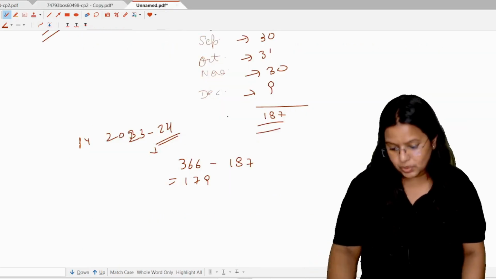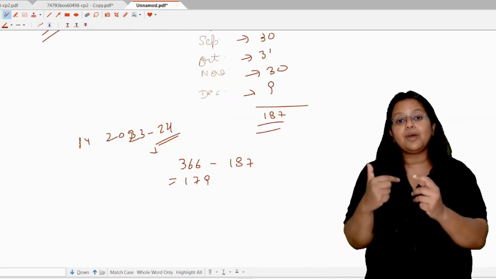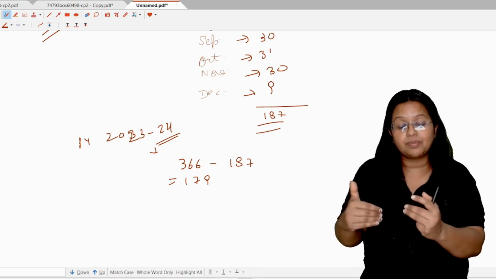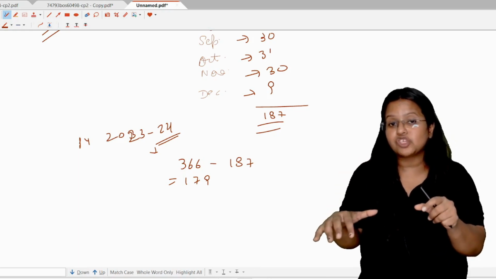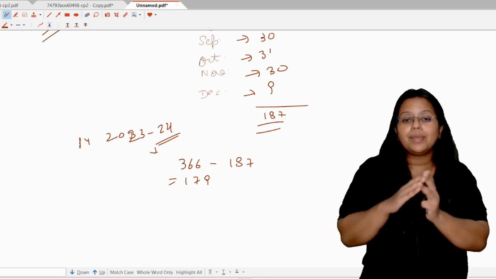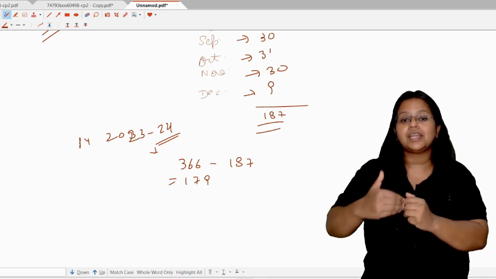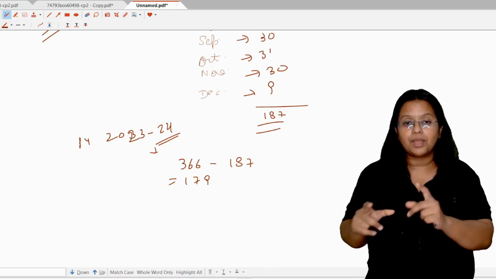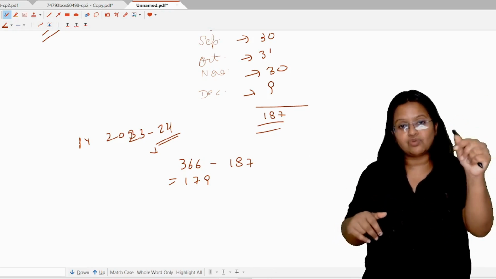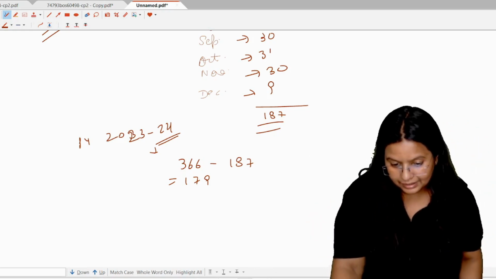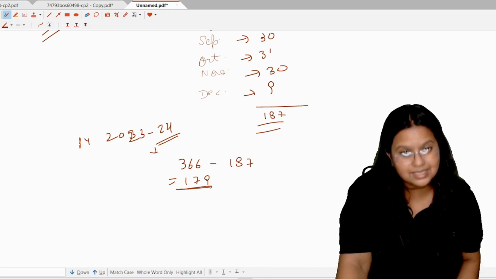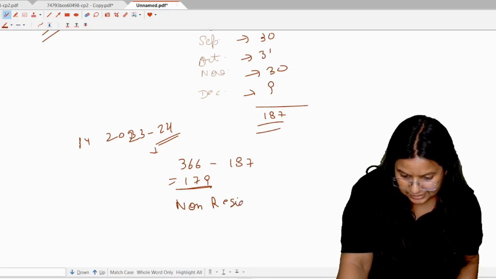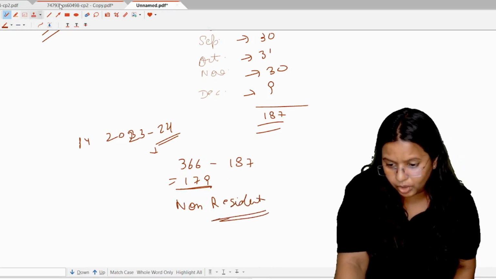And as students, he was a member of a foreign-bound Indian ship. He is a crew member of the foreign-bound Indian ship. So what is the basic condition we have to check here? That for becoming a resident, Mr. Anand must be in India for at least 182 days in a previous year, because the second condition, 60 days, is not applicable to that person now. And he is less than 182 days, that is 179 days. So Mr. Anand is a non-resident in this case. I hope you got my point.